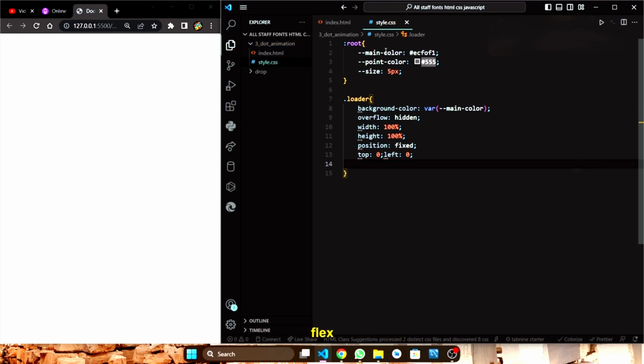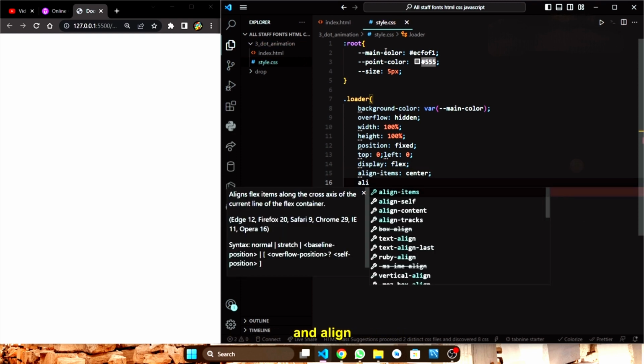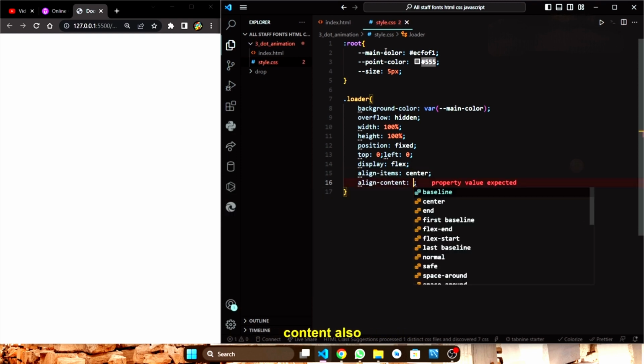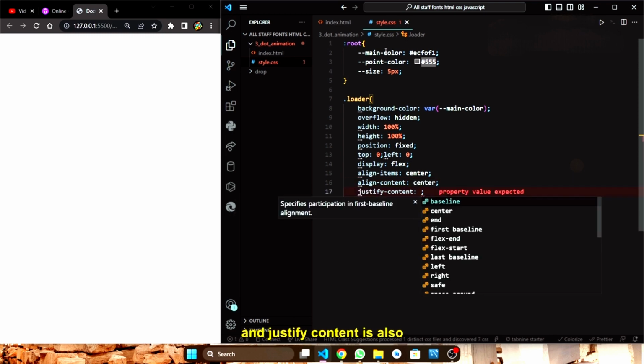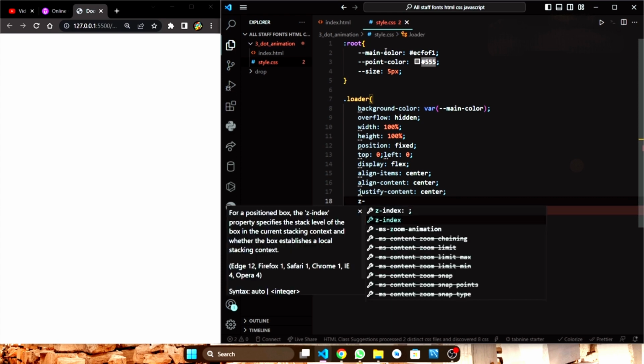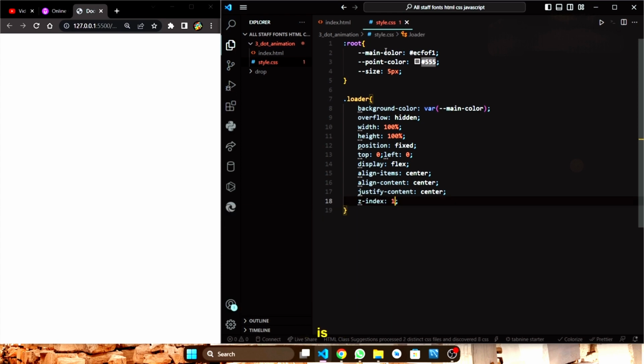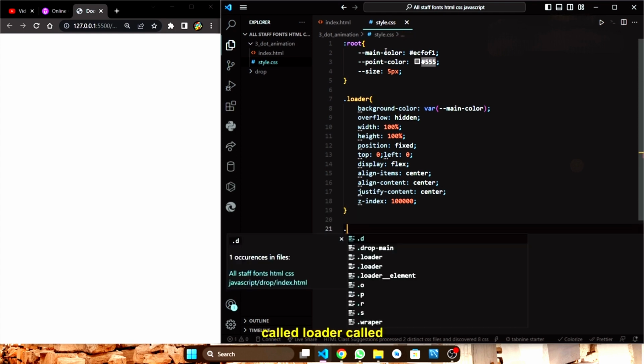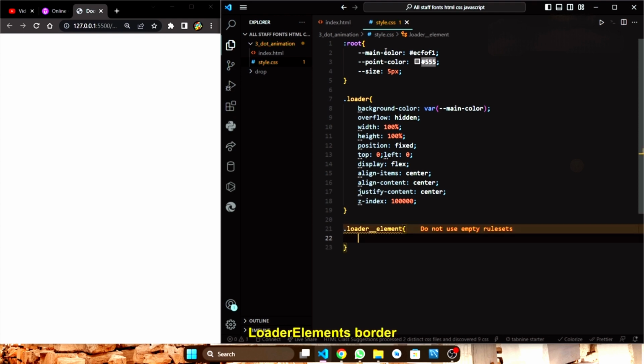and then display flex, and align items centered, and align content also centered, justify content is also centered, z-index 100, maybe that's enough. And after that into our smaller div called loader elements, border radius 100% to make it round,